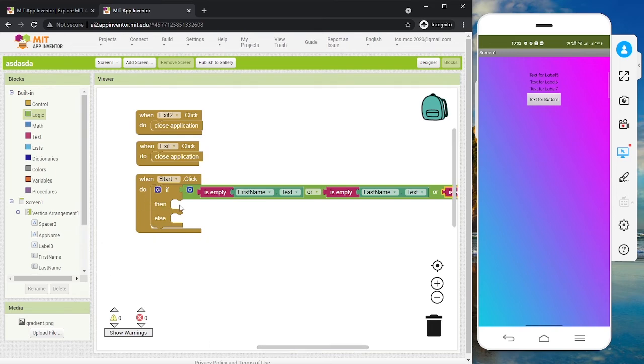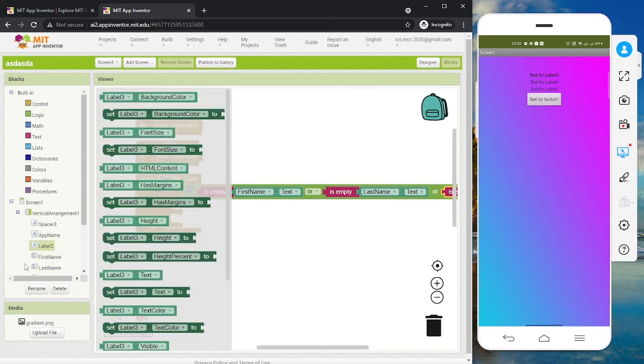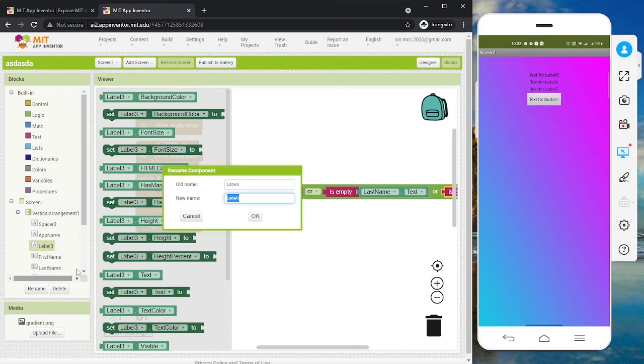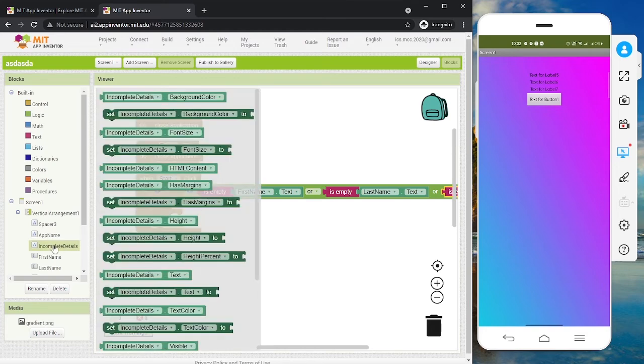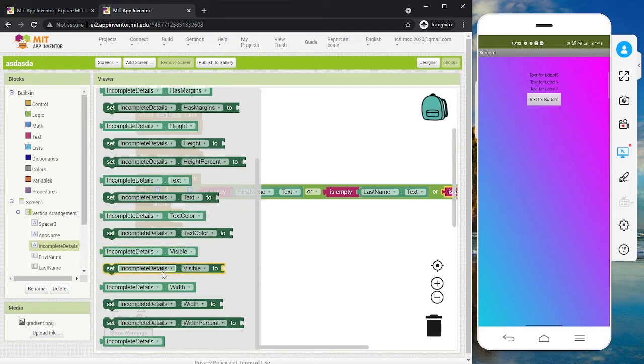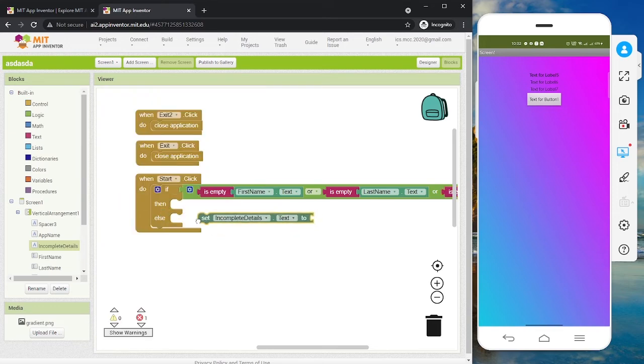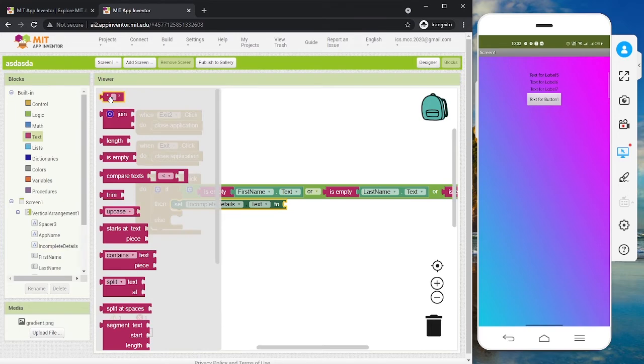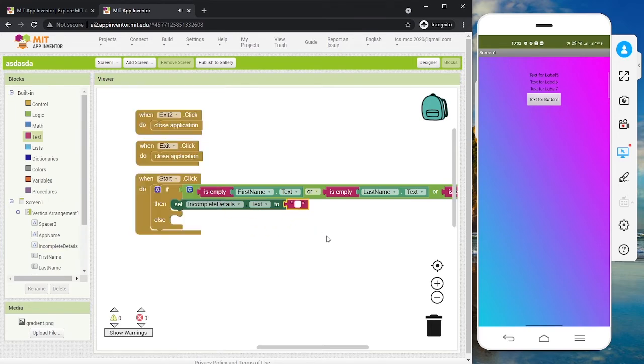So, dito tayo ngayon sa label. So, kanina, we have label number 3. Okay, yung label number 3 na to, ito yung gagamitin natin to display the incomplete details. So, rename lang natin. Ito, I'll just rename this here. Incomplete details. Okay, so this will be the text. Ang gagawin natin, kukunin natin yung set incomplete details text. Ayan siya, something like this. Tapos, we'll be adding a text or a label. So, ilalagay natin dito is incomplete